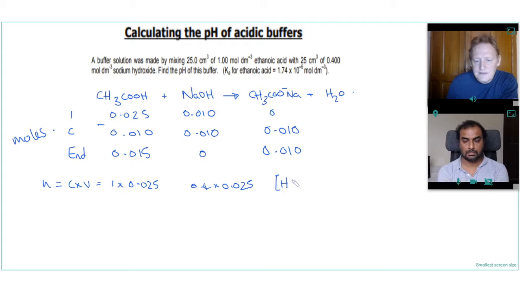And so if we write our equation for calculating H plus for buffer solutions. So H plus is Ka times HA over A minus, or weak acid over salt. And they're in concentrations, and our calculations are in moles. So when we write this,